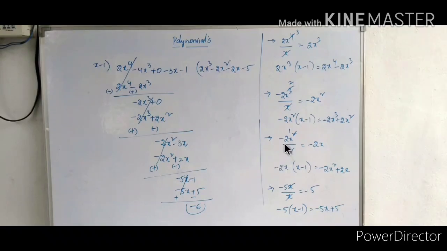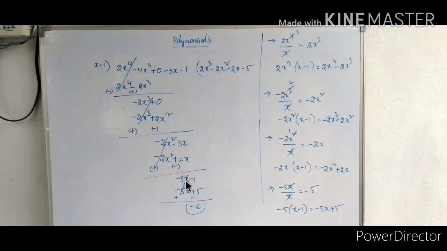That is equal to minus 2x square by x. This is our third step. That is equal to minus 2x. It becomes the third term in our quotient. Multiply this quotient's third term with our divisor. So the result is minus 2x square plus 2x. Here in the deduction, minus 2x square cancel. Minus 3x minus 2x is equal to minus 5x. Let's take minus 1 from here.